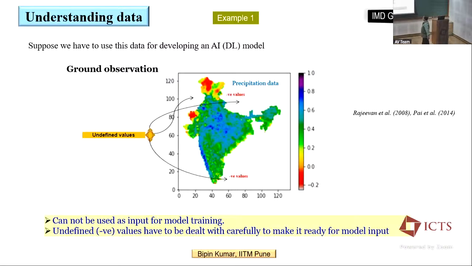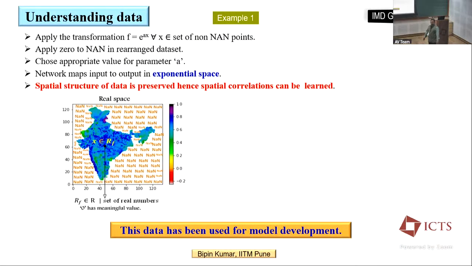Negative values we are not going to use for the training purpose. Then people will say, okay, we can put the NaN, but NaN is also not recommended for training, because it is not a number. So what will it train, what weightage will it put? Then happily we will say, okay, substitute 0. What is the problem by substituting 0 here? All the NaN we can replace with 0.